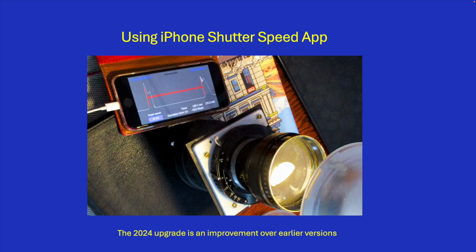What do I mean by reliable? Well, when I got the shutter, the speeds were completely unreliable. 1 second took 10 seconds, sometimes more or less. Half a second was several seconds, and quite variable. After I cleaned it,